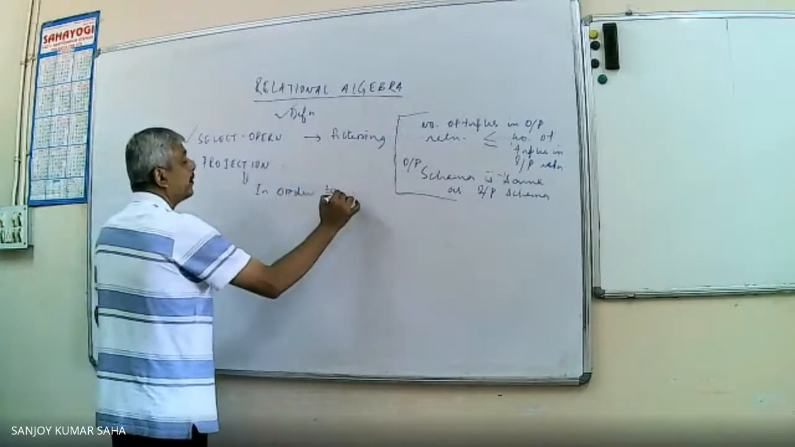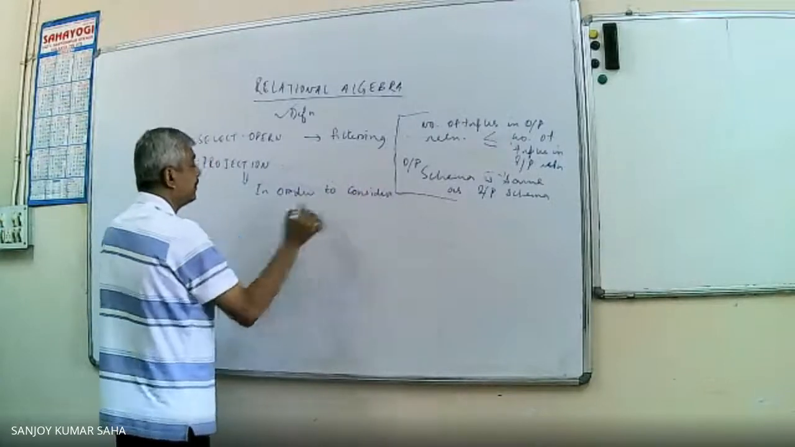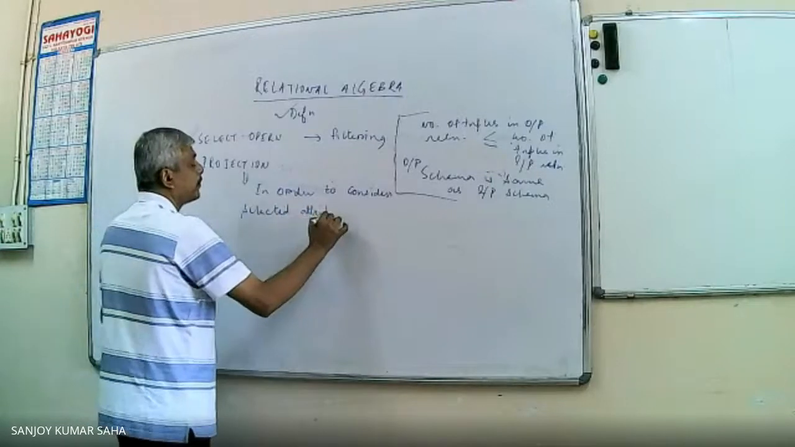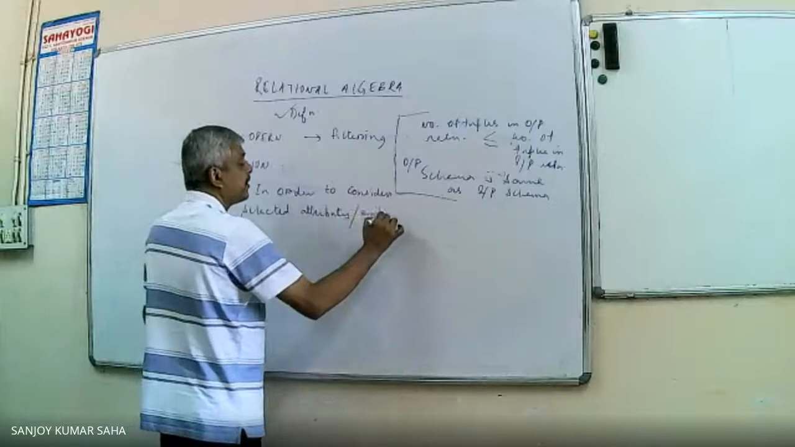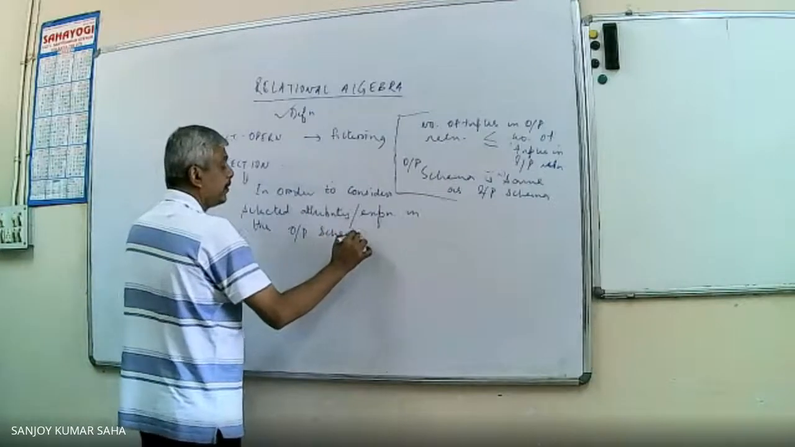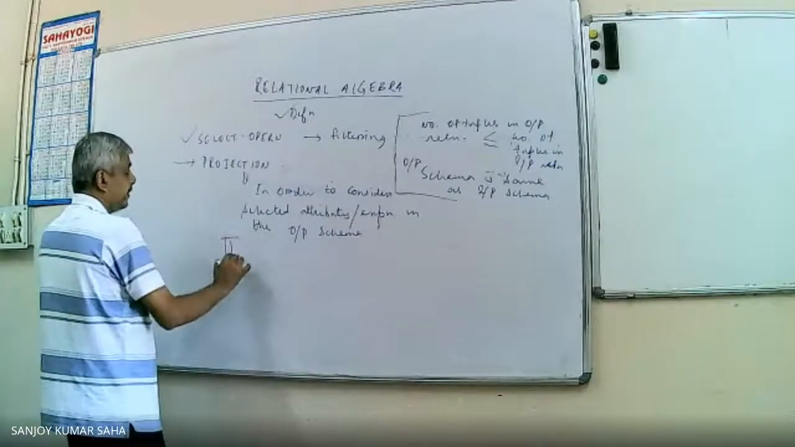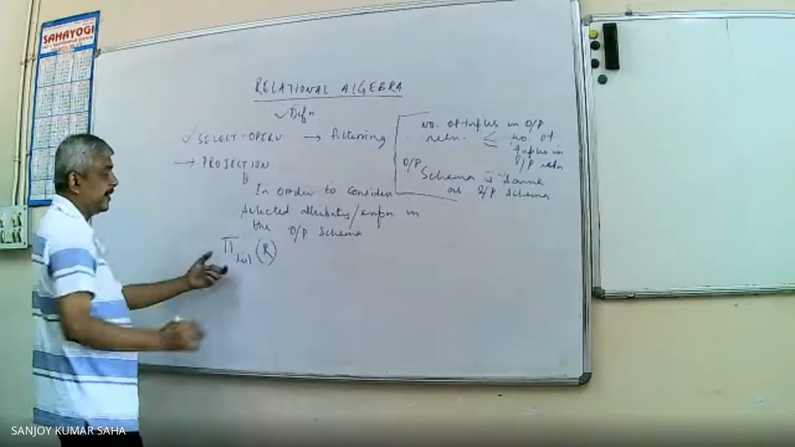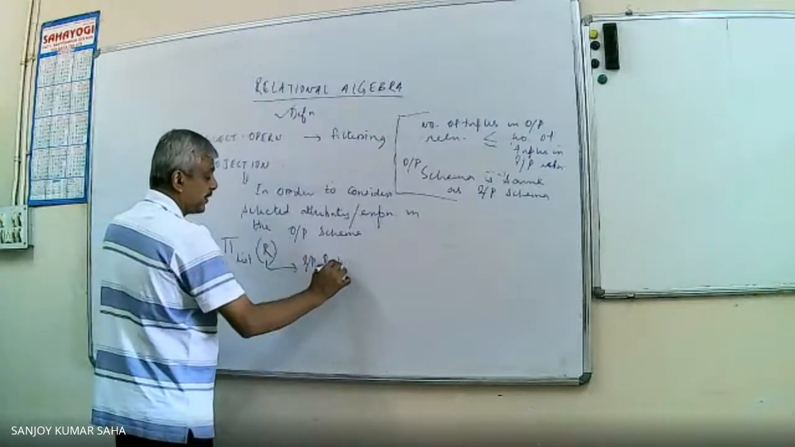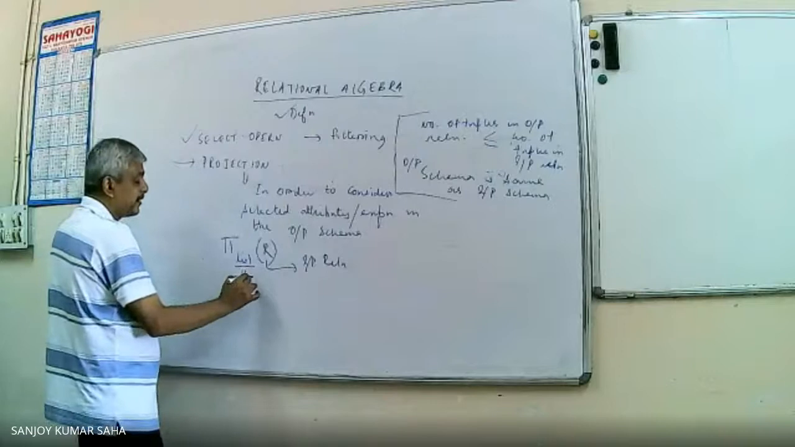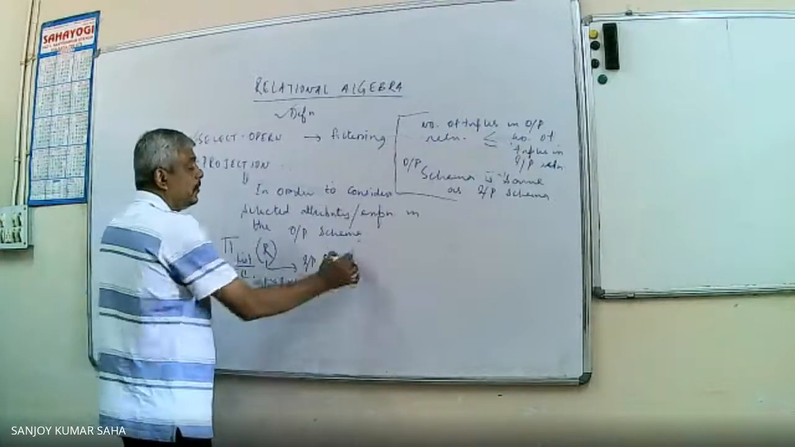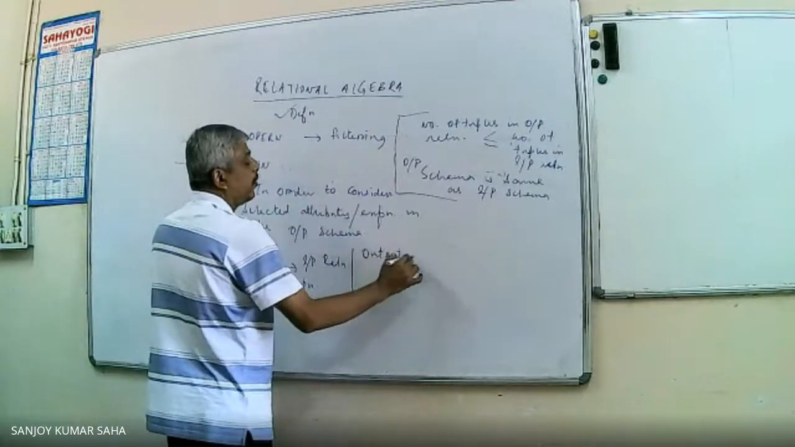is used in order to consider selected attributes, or a more general expression, in the output schema. This is the general notation: this is the input relation, and this is the list of expressions that we want. So in the output relation,